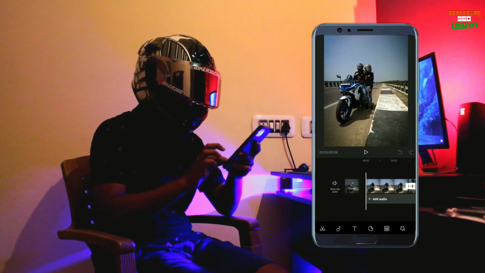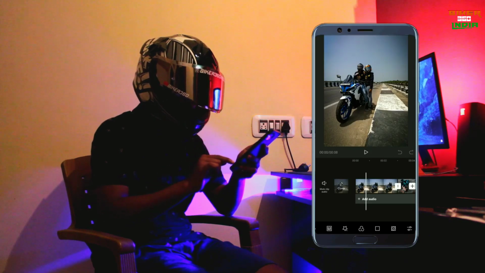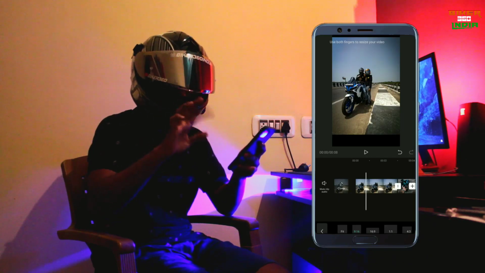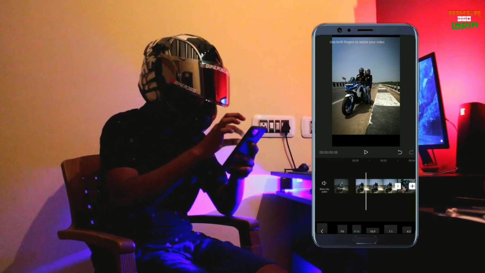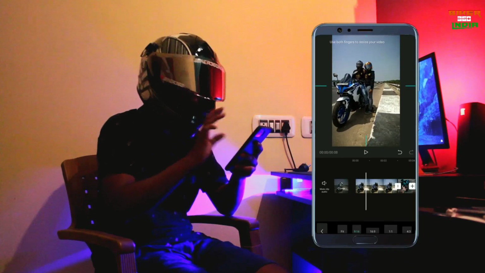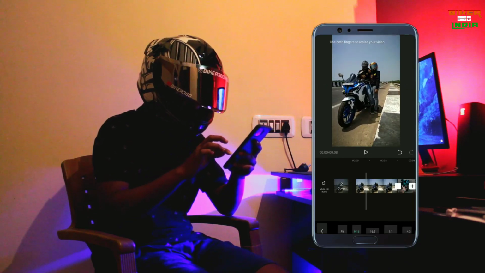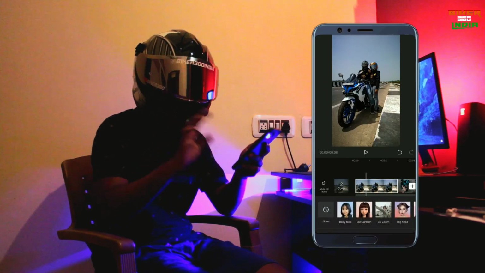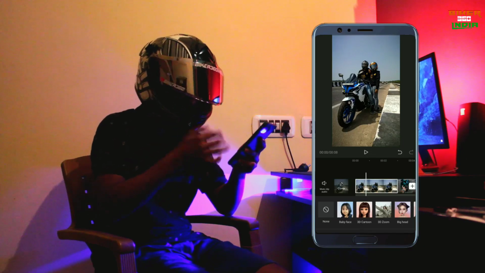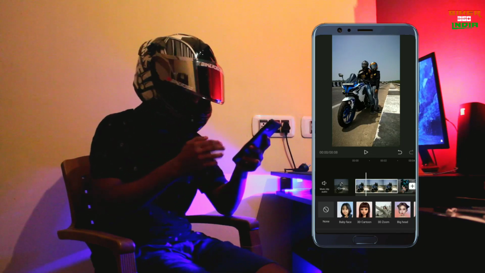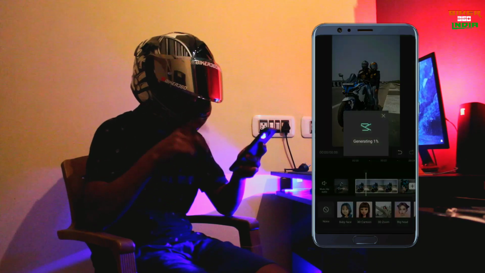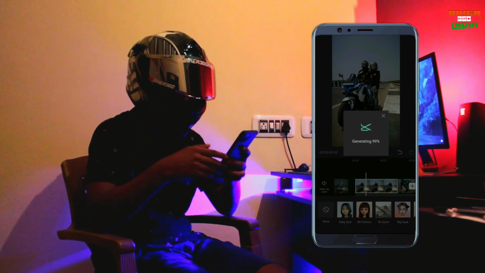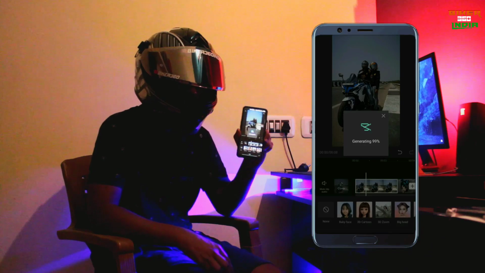After doing this, you need to crop this format and change it to 9:16. That is the official Reels size. So you need to zoom it, place it properly, then you need to select this. Select style. The style option doesn't come if you don't have the VPN. I have already downloaded the VPN and connected it, so I'll get it. Put 3D zoom, and it will take some time to load and generate the 3D photo. So it's taking some time now.